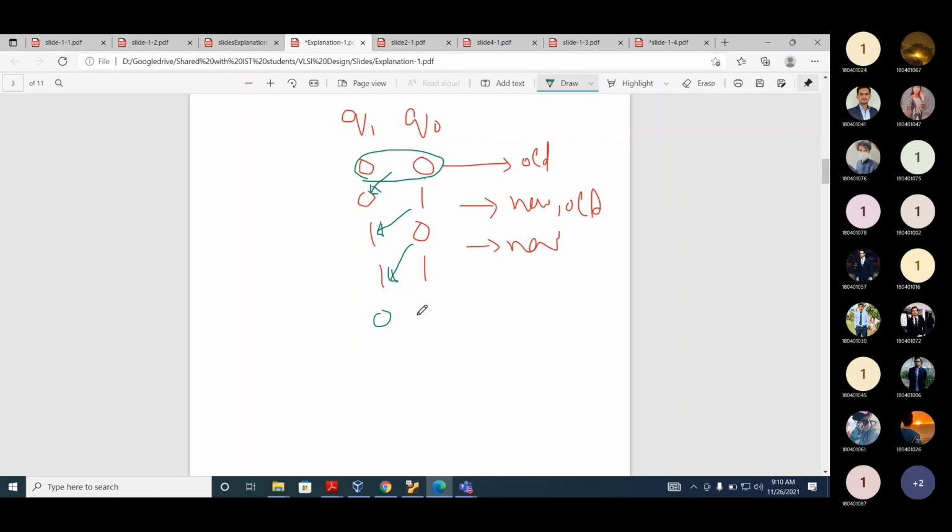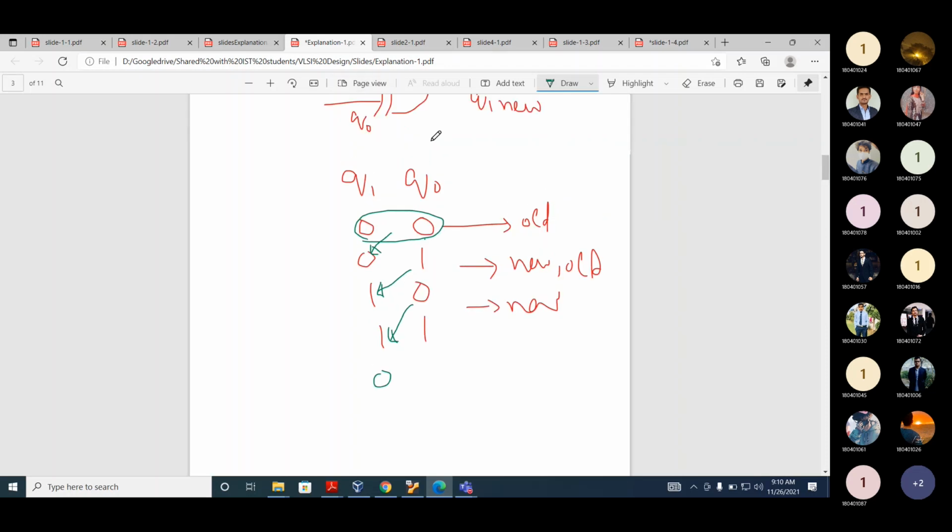Is the same pattern repeated or not? Now, if you look at Q0, we were using an inverter. So this one is old and new. When we invert 0, what will be the value? 1. And when we invert 1, 0.